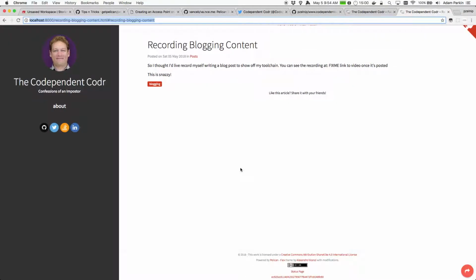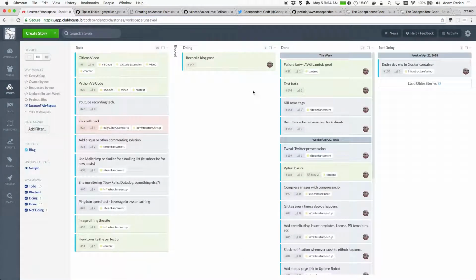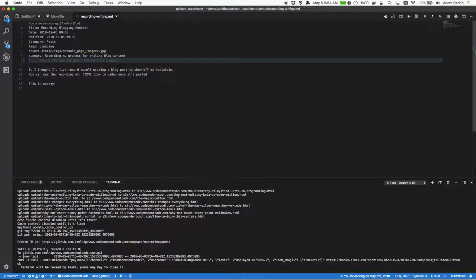So, okay, at this point, content is pushed, it's deployed. I've done the sanity check to make sure Pingdom says everything's cool. And this is the point where I probably pull the thing over from doing to done. One of the things that's kind of neat about my workflow,